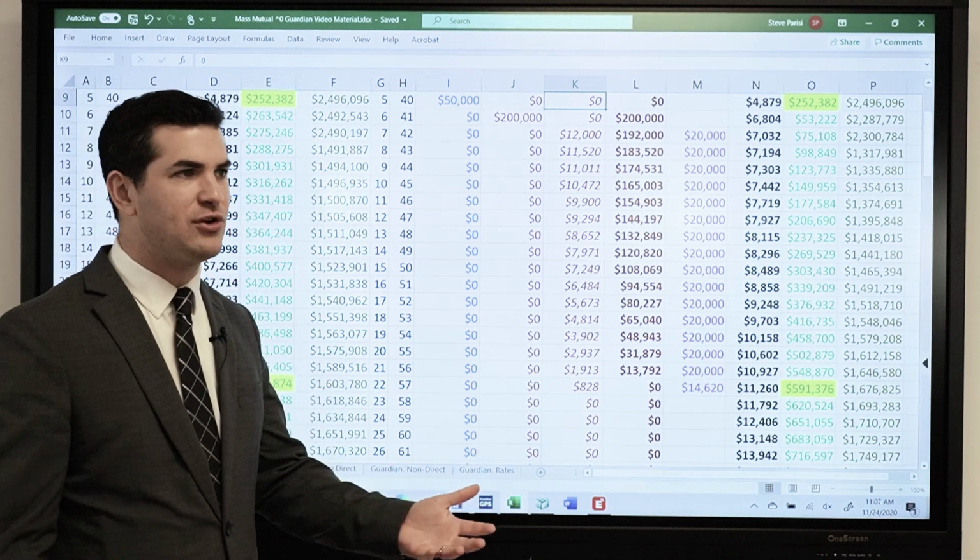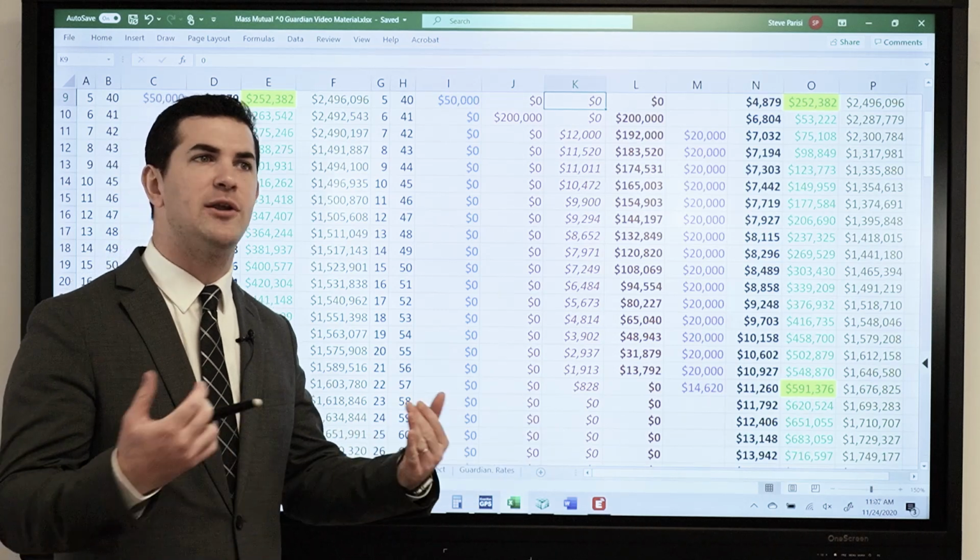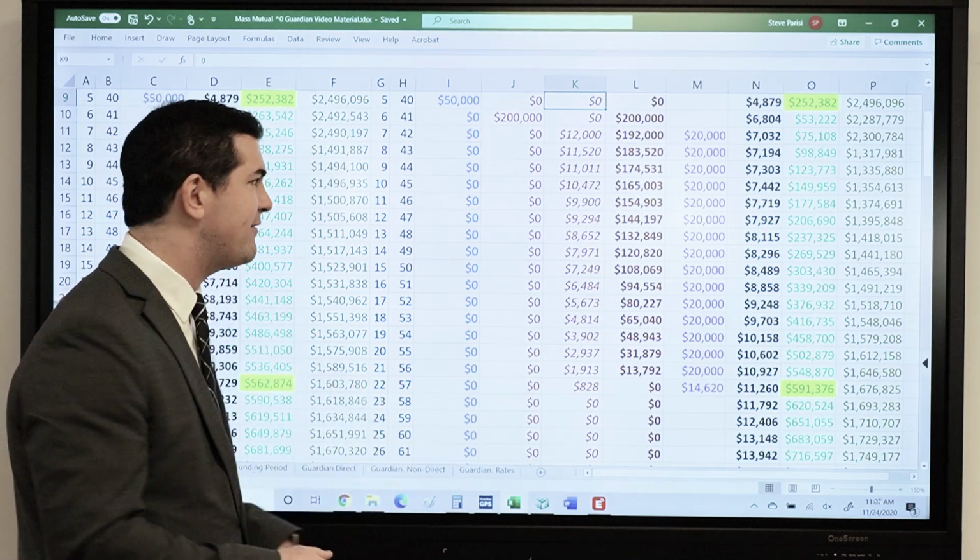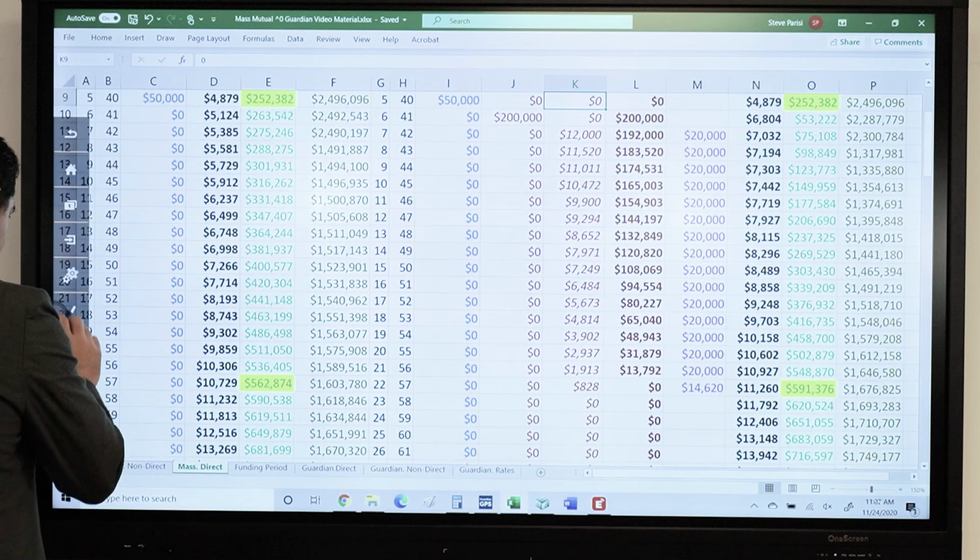Doesn't mean that one option is the way to go versus the other, but good to be aware of them. This way I can see everything up front. Let's continue on